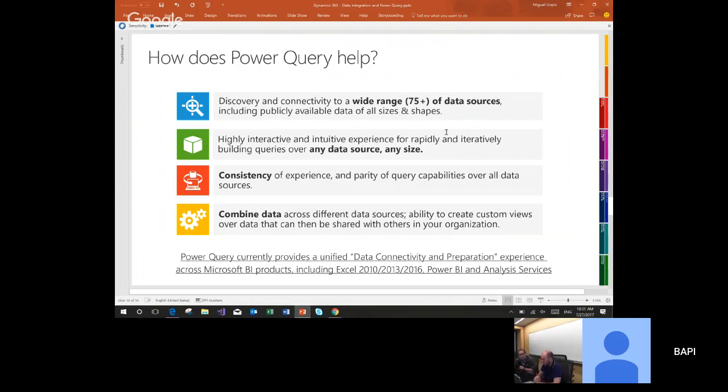And most importantly, all of these operations defined through the user experience get translated to an underlying query language called the M language. In some cases you'll want to tweak some things, but the user experience is mostly geared towards allowing you to do a high percentage, 80 or 90 percent, of the things through the UI without requiring you to learn that new language.